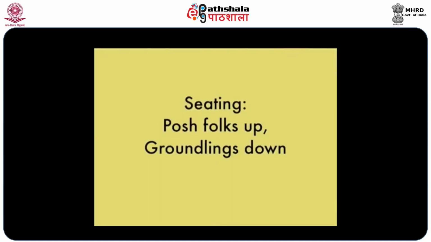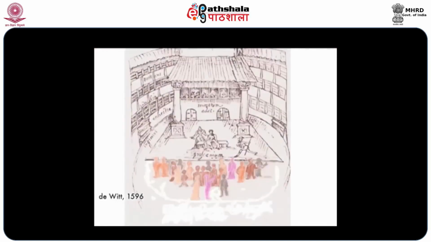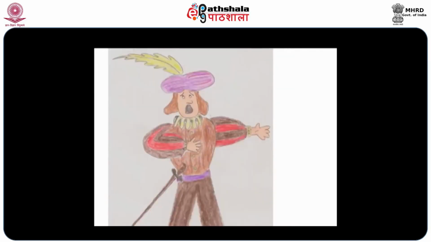Upper and middle class audience members paid 2 pence for a seat, but they could pay up to 6 pence for the best seats. Poorer people paid just a penny to stand in front of the stage, exposed to weather. These poorer audience members were called groundlings. Vendors would walk around selling oranges, roasted hazelnuts, beer and cider, the way people today might buy hot dogs, peanuts, and soda at a baseball game. And the groundlings in particular would enjoy cheering when the hero entered and booing the bad guy, occasionally even throwing things at the actors when they didn't like what they were seeing up there.